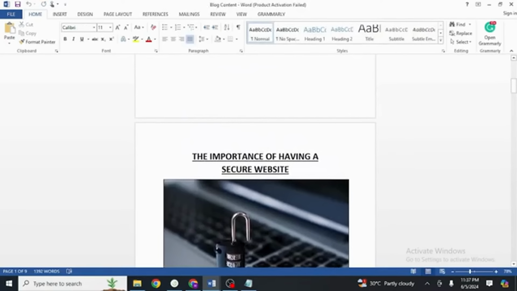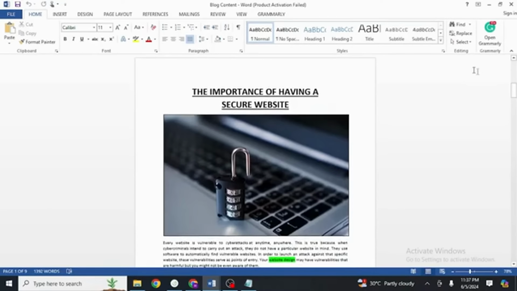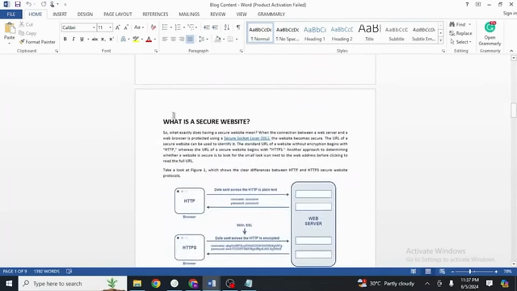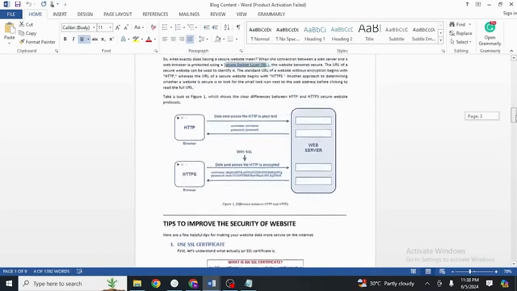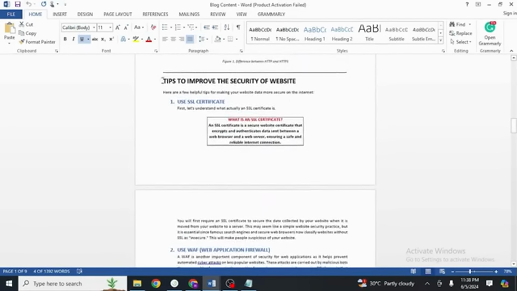Okay, so our heading is H1, or you can say the title. Then we have subheadings, or you can say H2. Then we add a related image, and we add a caption there. Here I have also done internal linking. Then we have another H2 heading, and this is an H3 heading.